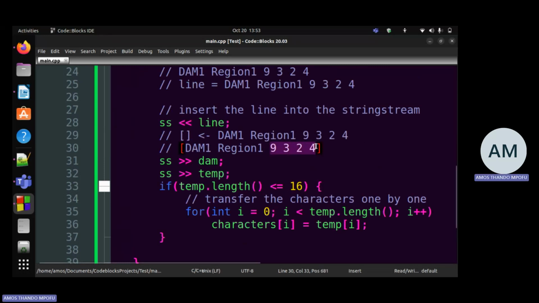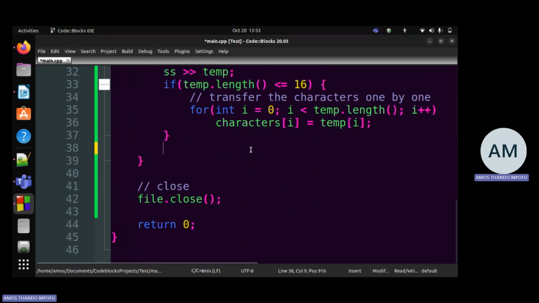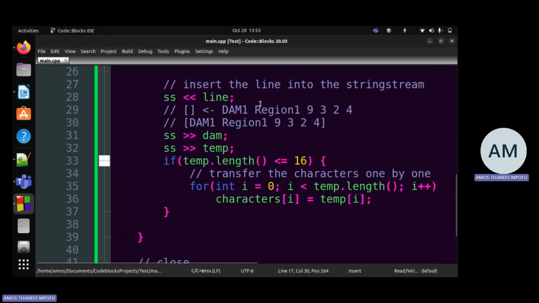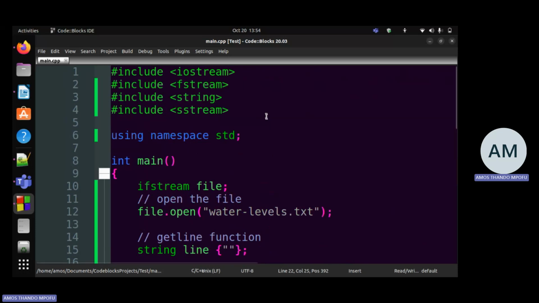Now we need to read these integers. So how do I read the integers? I use another while loop because I'm not sure how many integers there are. I was not told. You see, the same way I'm using getLine, getLine is very useful because I don't know how many lines there are. And it's the same thing that I'm going to do with this string. I'm going to get from the string and create that one-dimensional array of values, right? And since I don't know how many values there are, I'm gonna use the very useful data type,